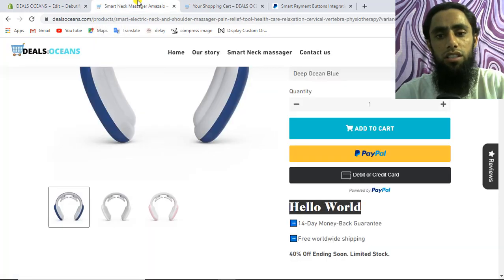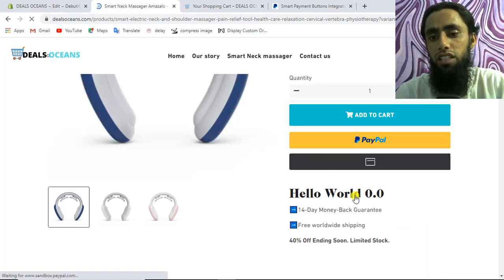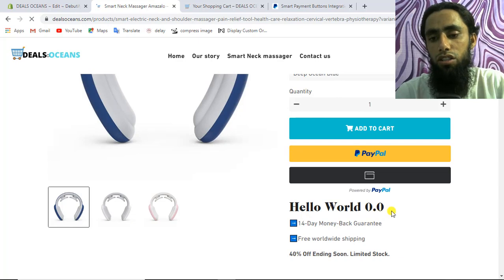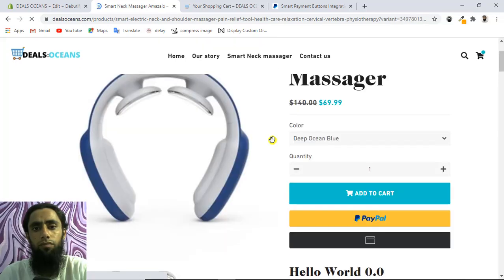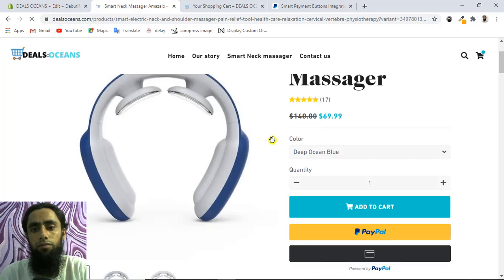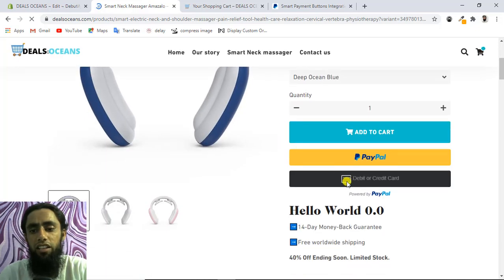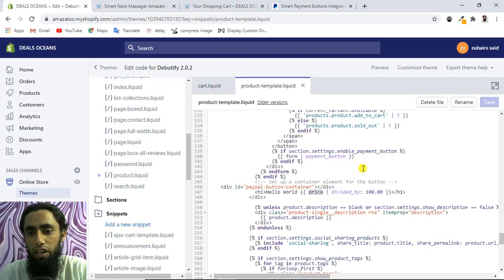The code is saved now, and let me refresh this page once again. You can see hello world 0.0. So we are getting 0.0, which means the variable we are using from the page is not the correct one.